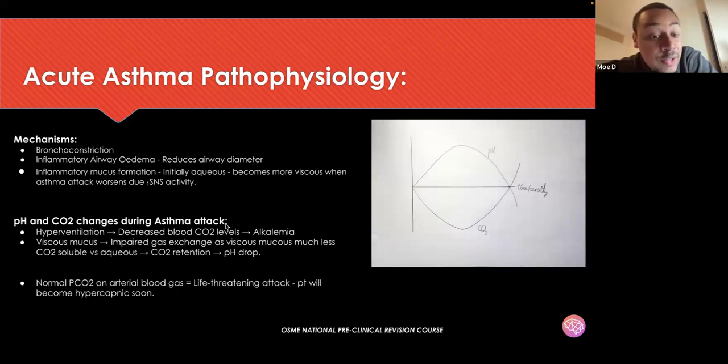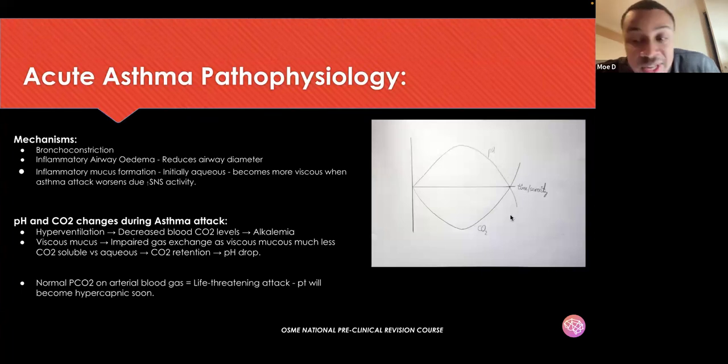And then afterwards, as the viscous mucus is being produced, for most patients, their asthma attack isn't as severe, so it stops at this point. But for people who have a more severe asthma attack, then you start to see viscous mucus formation, and this impairs gas exchange, and viscous mucus much less readily enables CO2 to go through it compared to aqueous mucus. And so the patient begins to retain CO2, and so you go on this upwards trajectory,